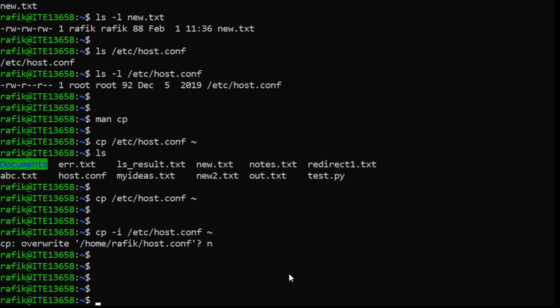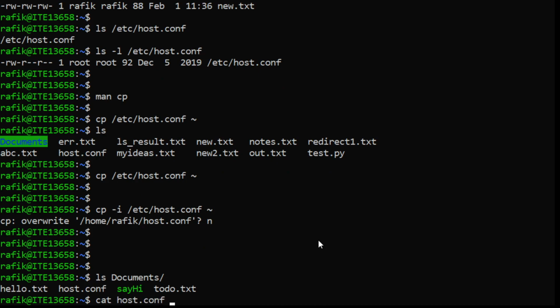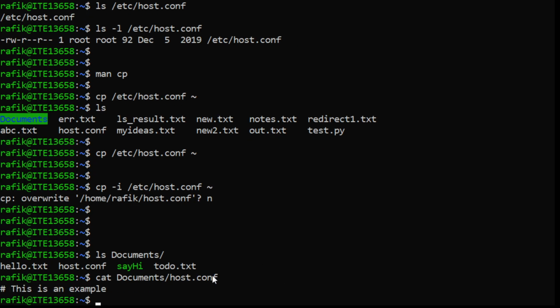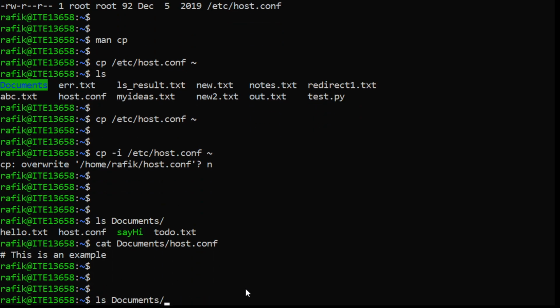So for example, if I take the documents directory, then there is such a file, right? So let's display its content first. So cat documents host.conf. So this file just contains some text. So for example, this is an example. Now, if I try to copy this one to my home directory